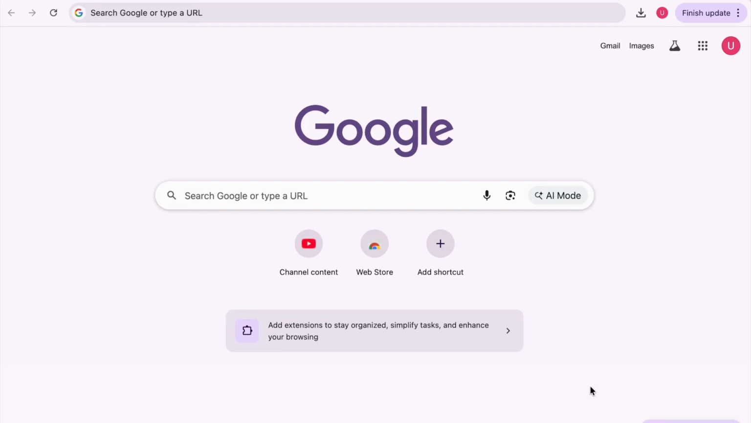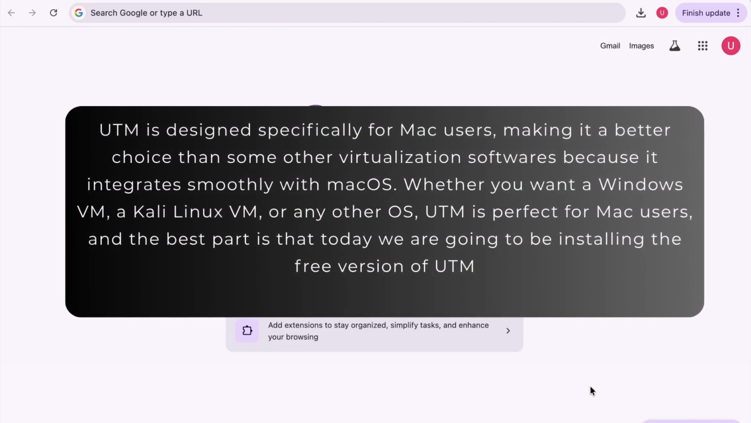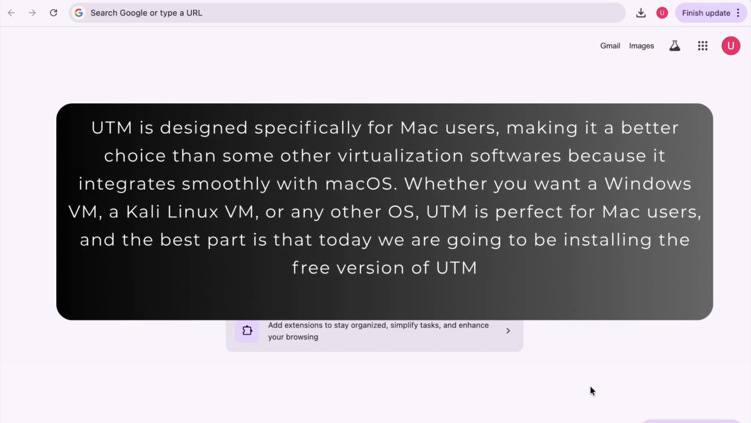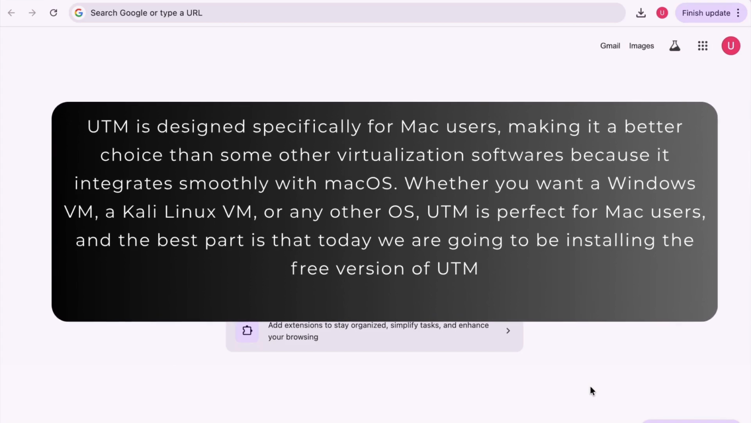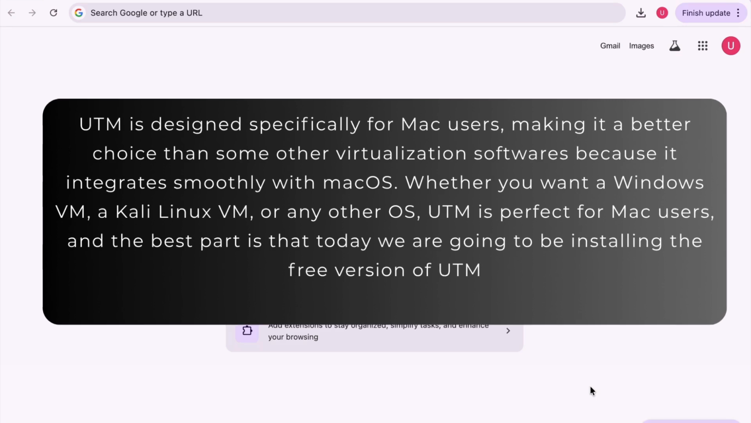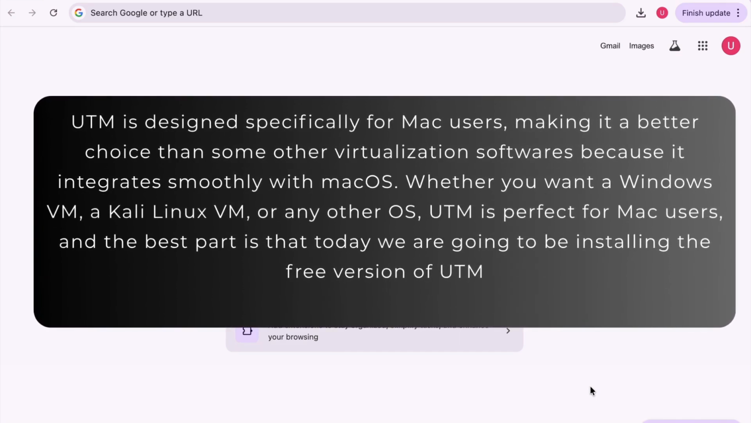In a few minutes, I'm going to be showing you how to install UTM on your Mac so you can easily run virtual machines like Windows and Kali Linux. UTM is designed specifically for Mac users, making it a better choice than some other virtualization software because it integrates smoothly with macOS. Whether you want a Windows VM, a Kali Linux VM, or any other OS, UTM is perfect for Mac users. And the best part is that today we are going to be installing the free version